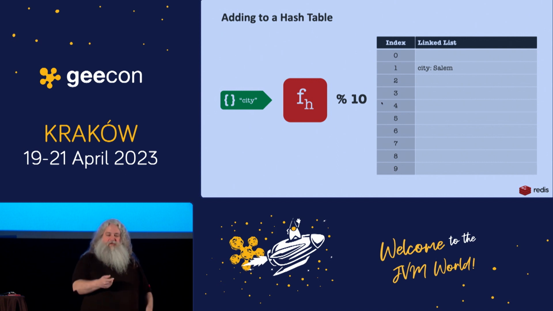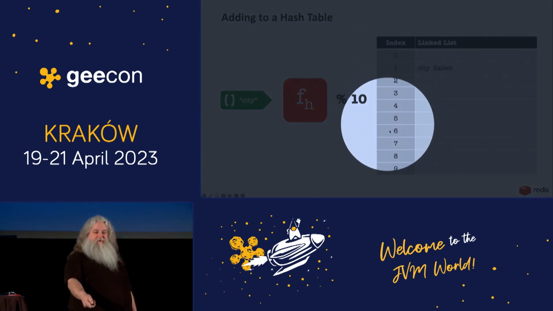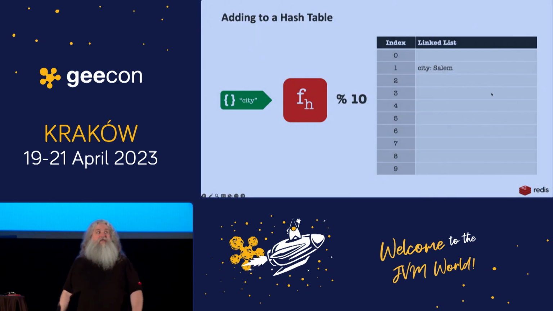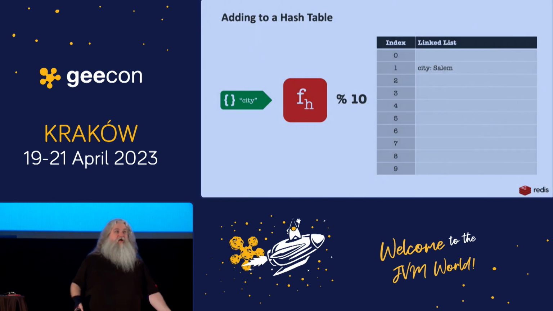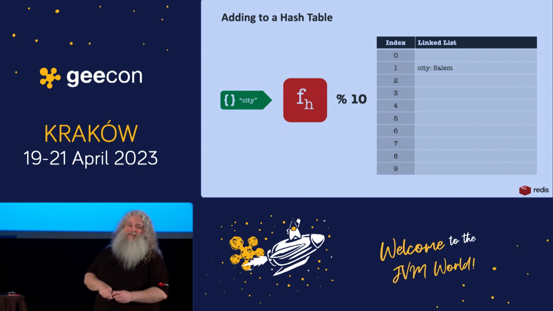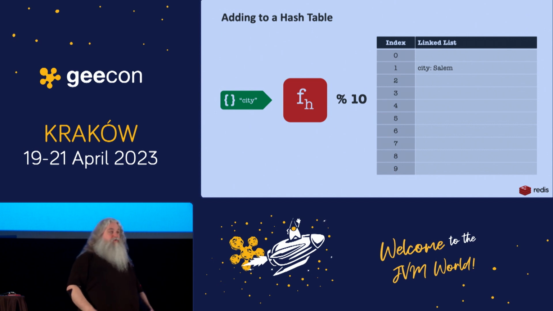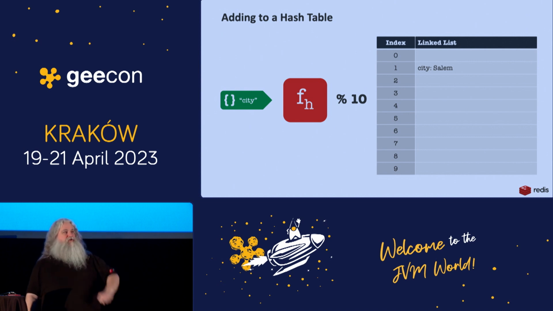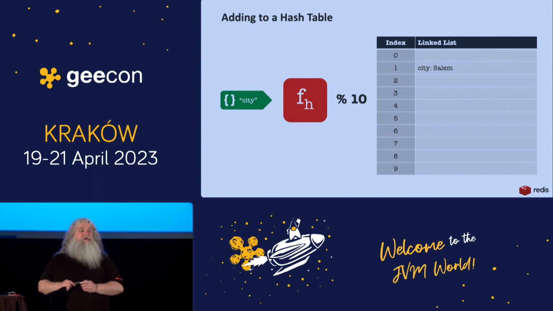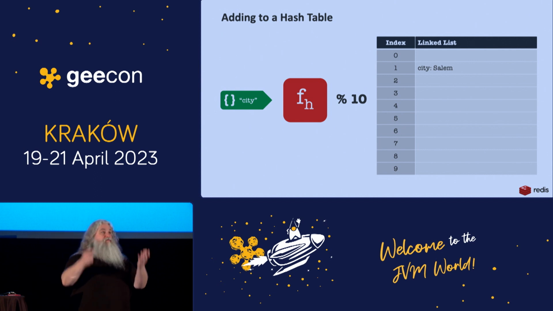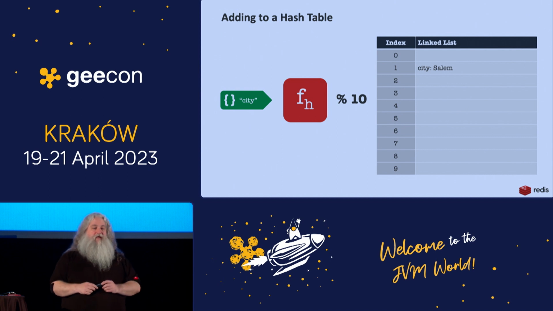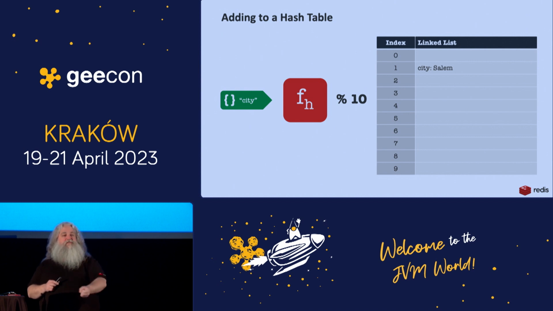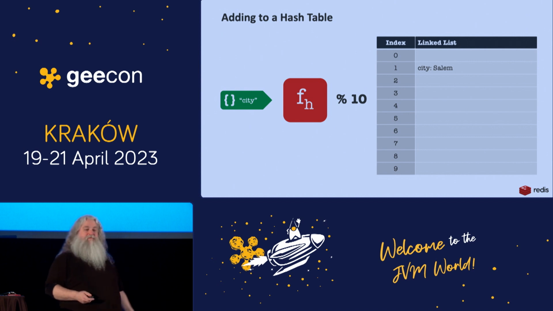And so in a hash table, what we do is we hash our keys. And so here in this hash table, we've got a little data structure in memory. This is just an array of linked lists. I've arbitrarily made mine 10 long because that fits nicely on my screen. And when you put something in a hash table, you take the key and you run it through a hashing function, and you get that big wide number, 128 bits or 64 bits or whatever. And then you modulus it with the size of your array. And that will give you an index. So here, we do that computation on city, get a number, modulus 10, and that gives us the number 1. So we add to the linked list at position 1